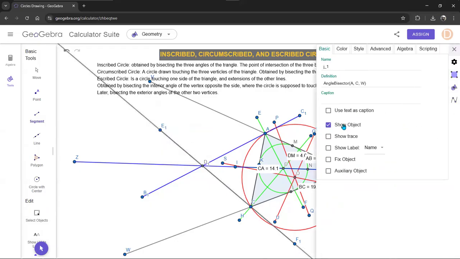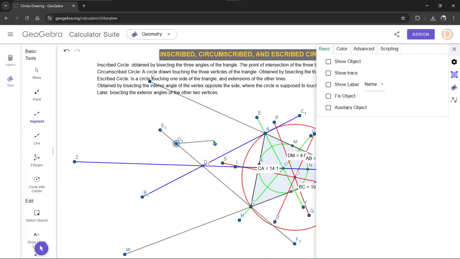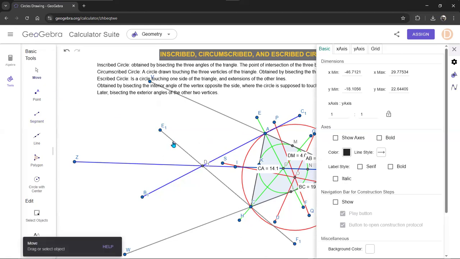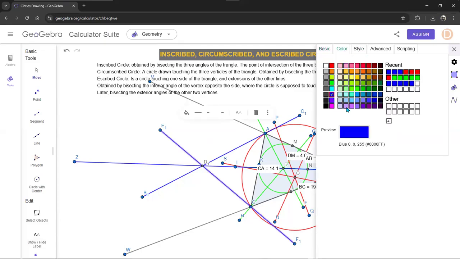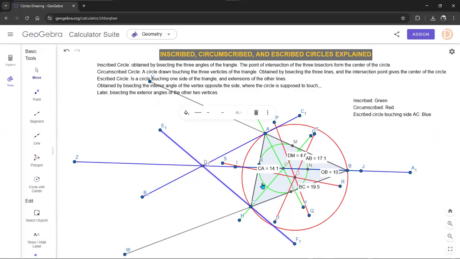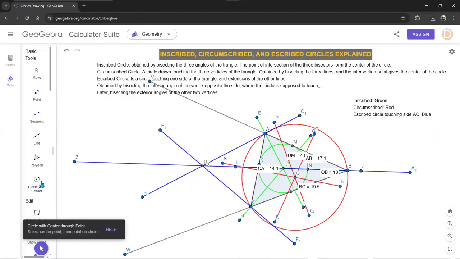So we shorten it and then we change the color to Escribed blue, which was agreed. And now we just need to draw our circle. If you are using a compass, as I said, make sure the pointer is at this point. This is D1, which is the center of the now Escribed circle instructed to touch